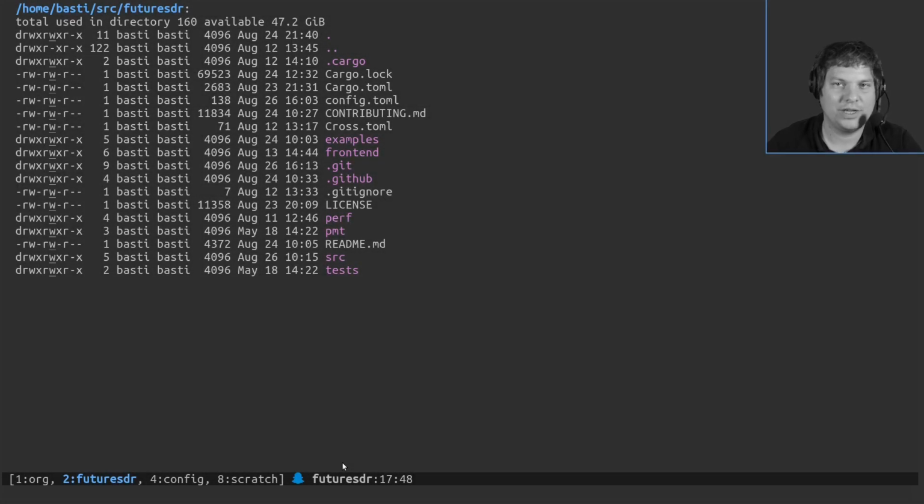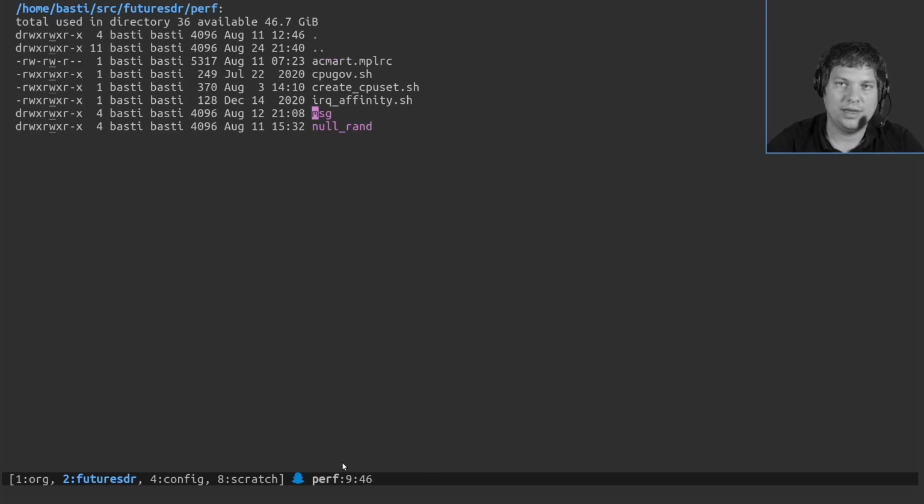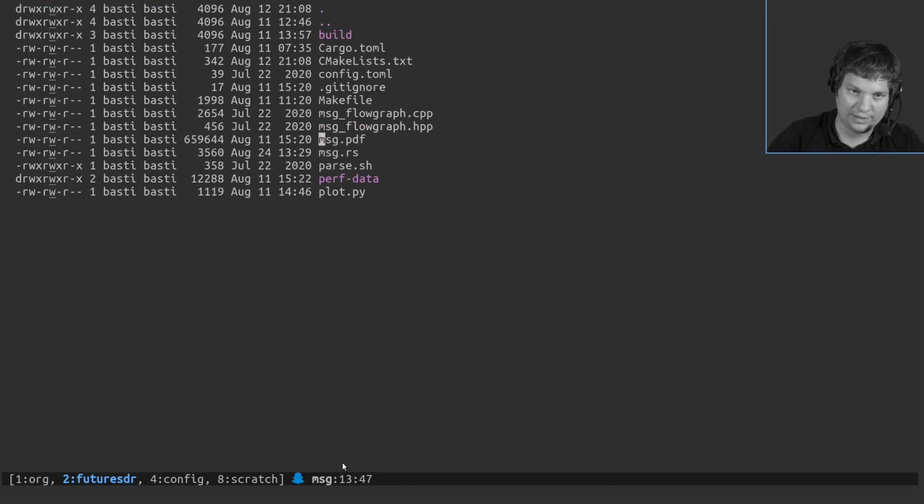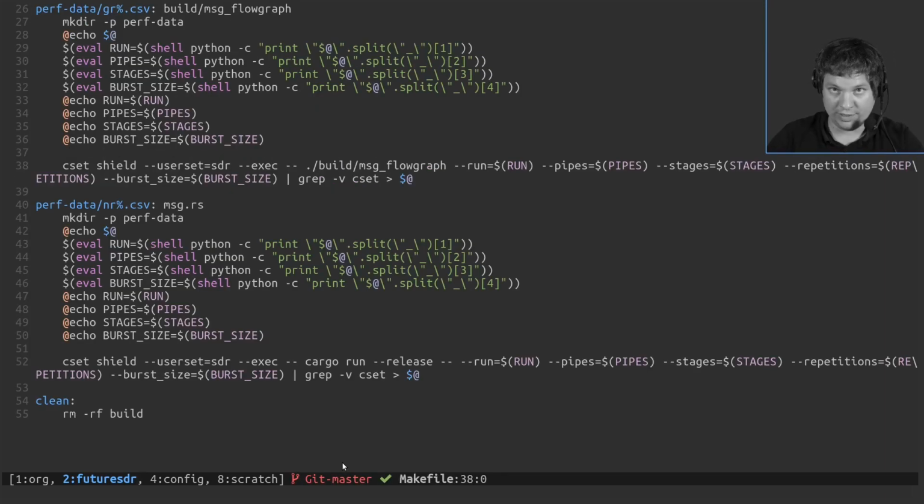So the project also comes with some benchmarks, so to evaluate performance, where FutureSDR is compared to a corresponding GNU Radio flow graph. And so I have these two measurements, one for message passing and one for stream processing. And I don't want to go much into the details, but both measurements are orchestrated through a makefile. You can go into the directory, type make, and everything should run automatically. If you have to interrupt, you can just type make again. It will see which measurements are missing, continue from there, all this kind of stuff.